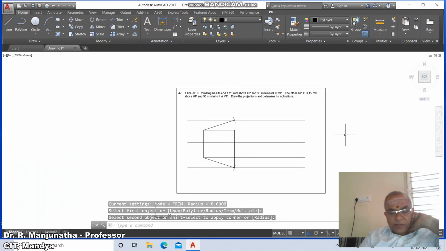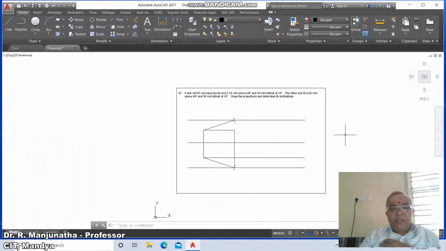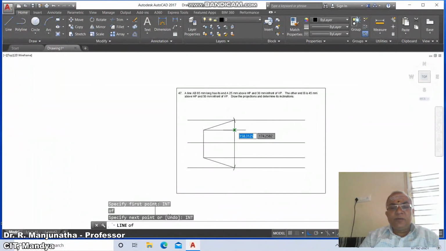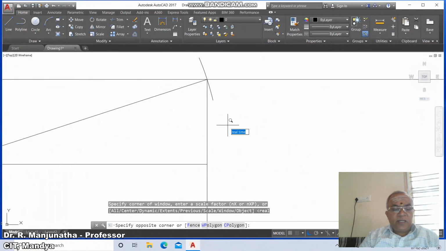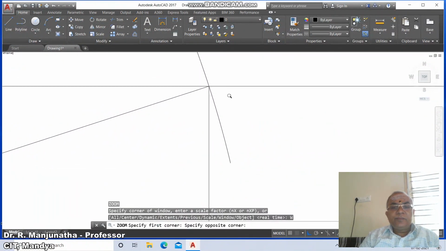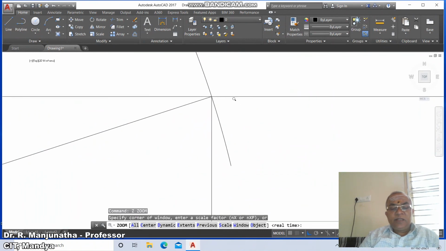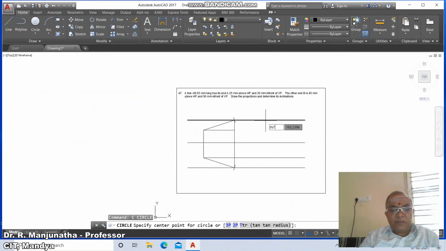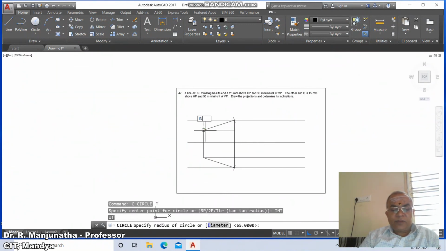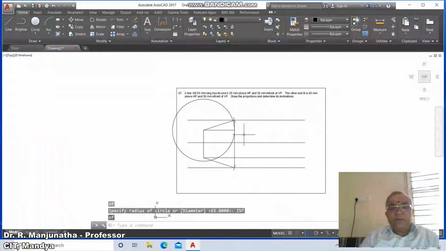And now similarly you want this. So again you just go to line command, draw a line from intersection point of this to intersection point of this, or you just simply extend this to this and here, because both are going to lie on the same line. Once you get this, now we need to name them. So go to circle, take intersection point of this, and then intersection point of this. So we got the front view.